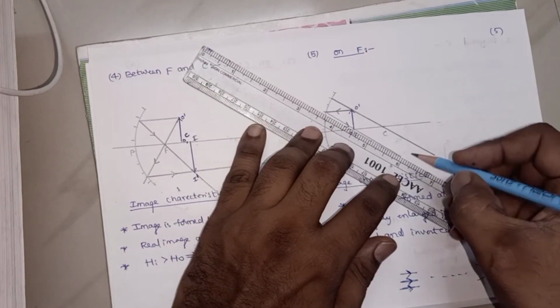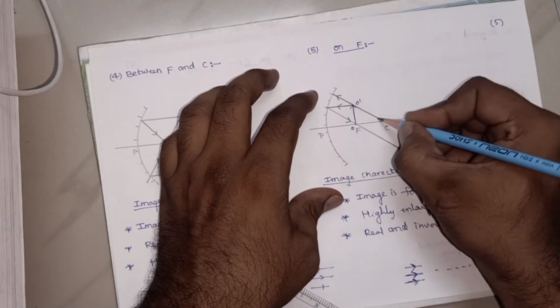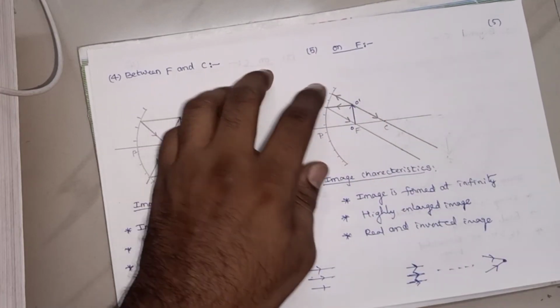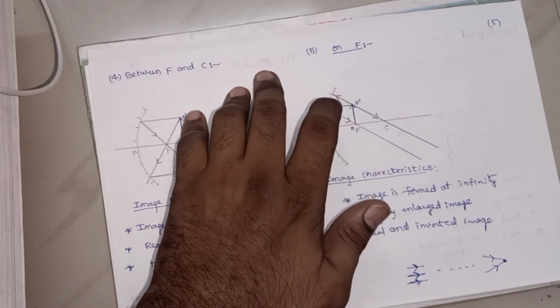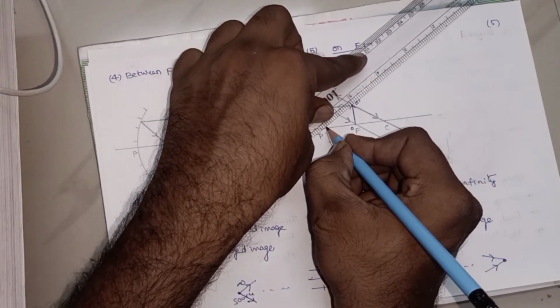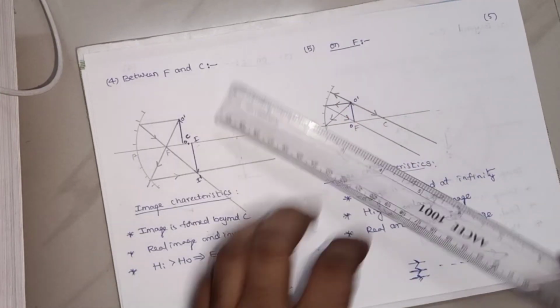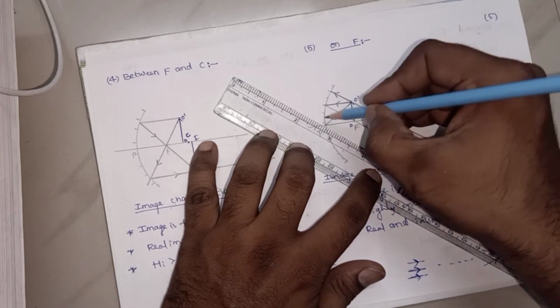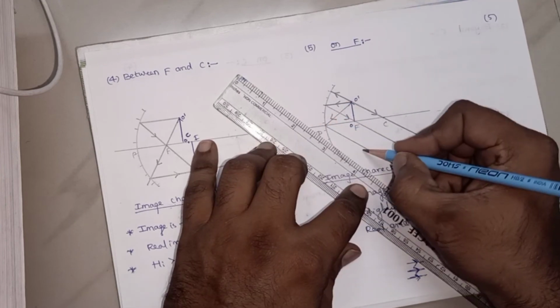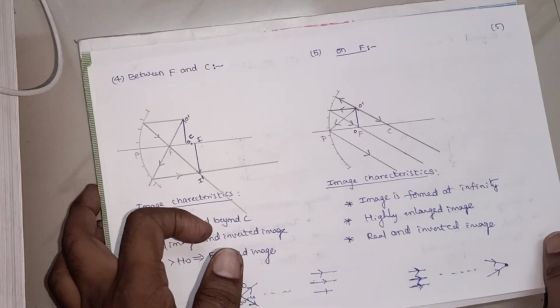Now what will you get? The rays will look parallel to each other. Look at here, this is the incident ray. After reflecting, the ray will retrace its actual path. And even if you consider the fourth rule, the ray which is oblique at pole, this is the incident ray which is oblique at pole, after reflecting also it should make the same angle. Now all the set of light rays are parallel to each other.